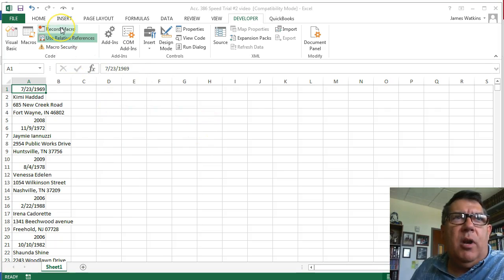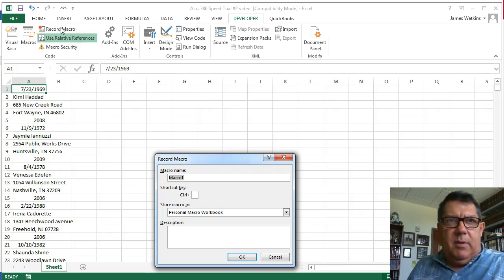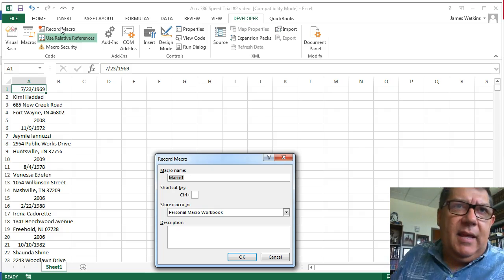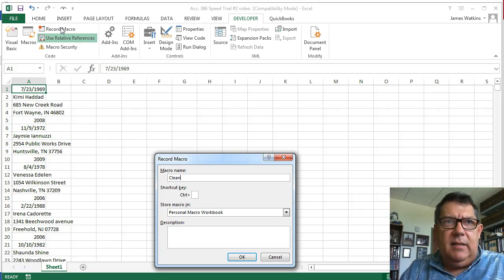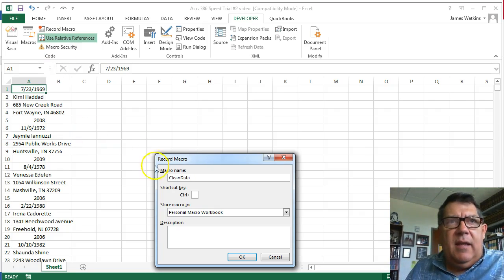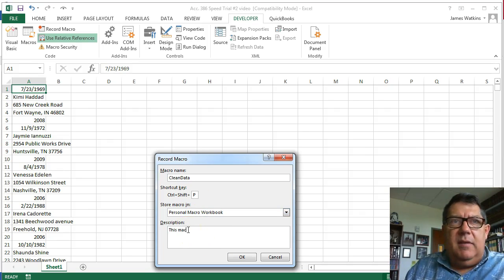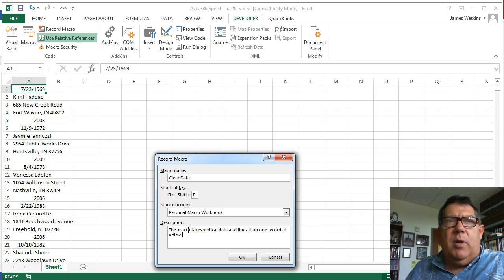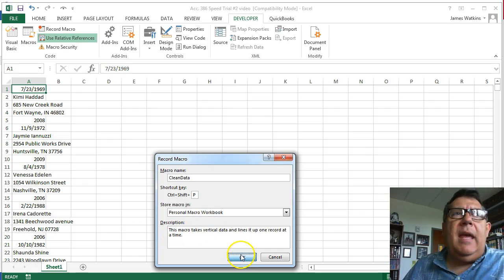Okay, so let's start recording. We'll just call it, if we were going to save it for anything, we could call it something like clean data and give it a shortcut, say Shift P, so it doesn't conflict with anything. And this macro takes vertical data and lines it up one record at a time, or whatever you want to say. Okay, as soon as I hit OK,